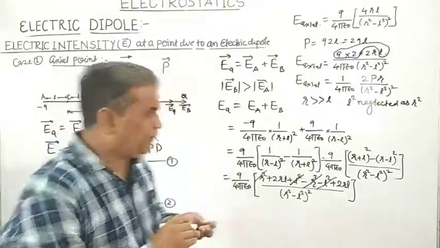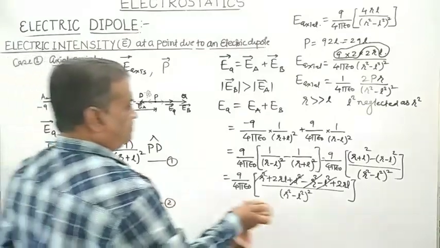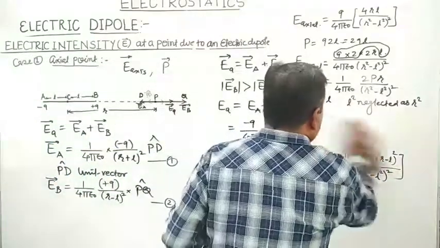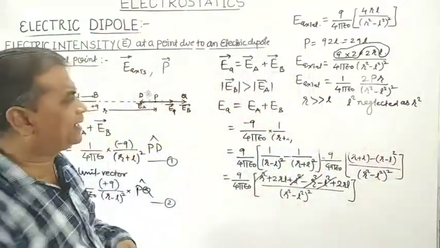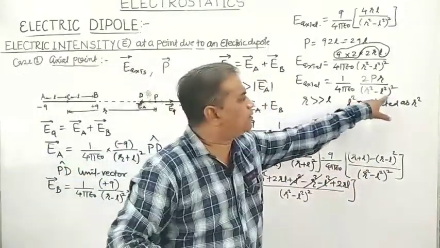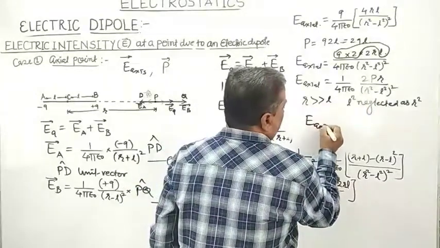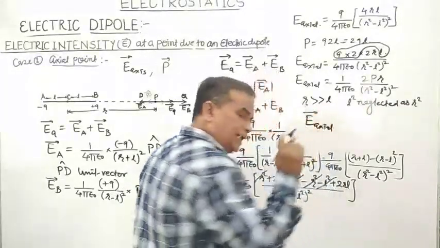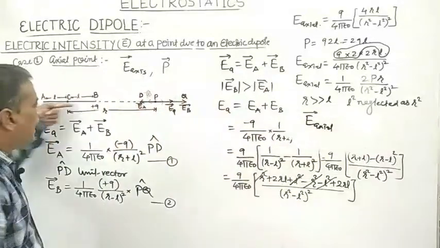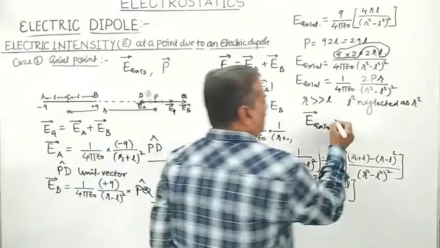Therefore, we will have the resultant electric intensity as follows. R is very much greater than L, so L square can be neglected as compared to R square. Therefore, the resultant electric field at any point along the axis of an electric dipole is equal to